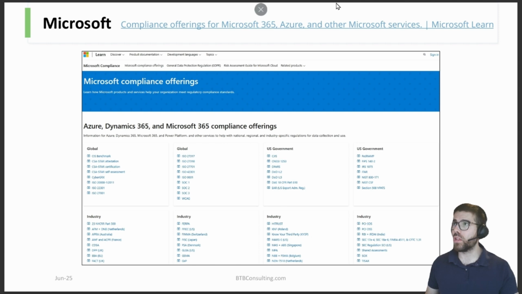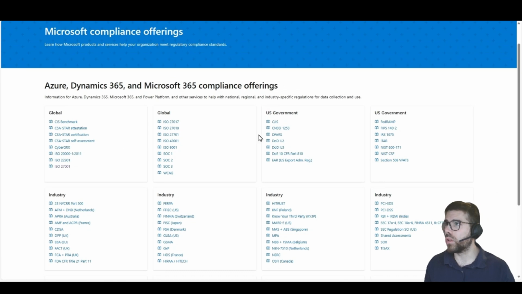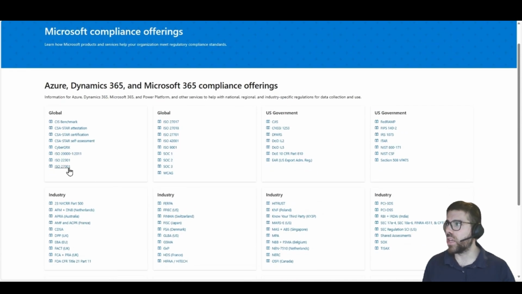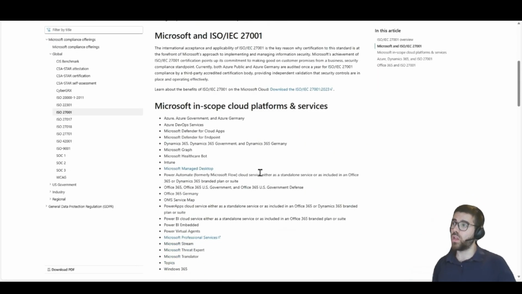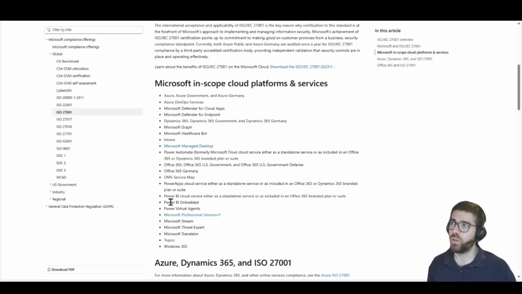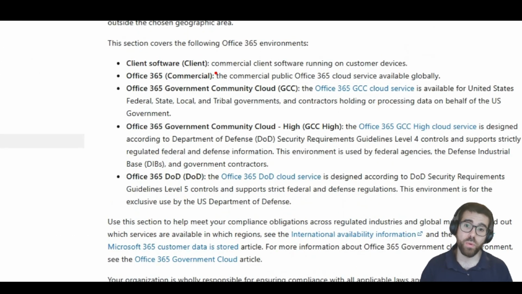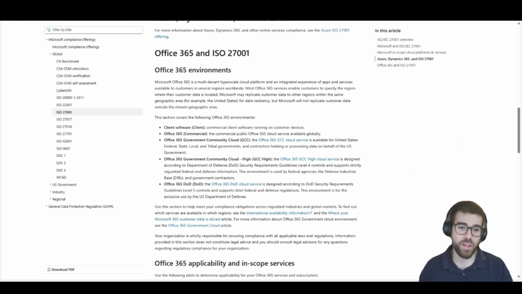If you want to take a look at Microsoft compliance offerings, you just have to Google Microsoft compliance offerings. Actually, let's go to the site. And here you can see all the different compliance, global, for the US government even, for example, if you are in a bank in the EU, DORA, everything's here. And you can actually check, for example, if you go to the security ISO, the 27001, you can see all the products and service offerings where this applies, and more details here on the different types of clouds, because of course with Microsoft we have different flavors of cloud for the government, with the government security, or even DoD, the Department of Defense. If you are that, well, in a word, Microsoft is very secure.